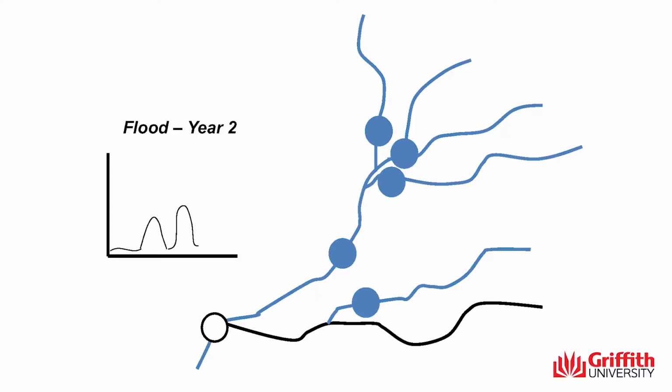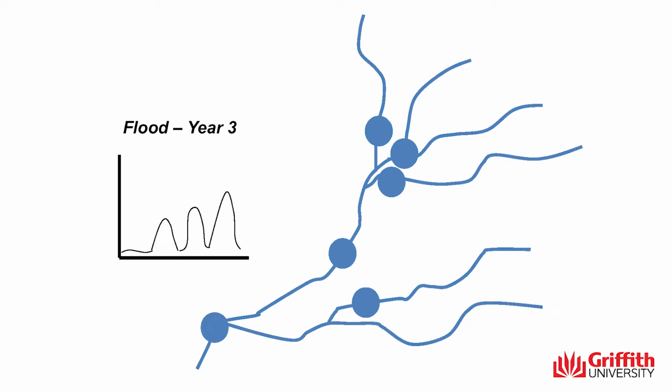As the flood moves on, if you get a flood again in the next year and no water's taken out, those water bodies are already wet. So the water gets to push further through the system. And then if you get another flood in that sequence, it will push further through the system down into the Menindee Lakes and then beyond into South Australia. So those sequences of floods are really important for the whole landscape hydrology of the system.